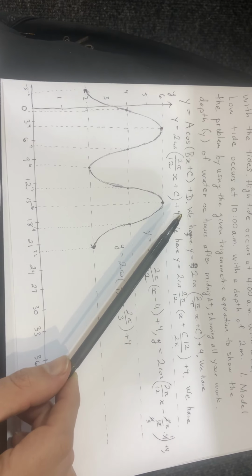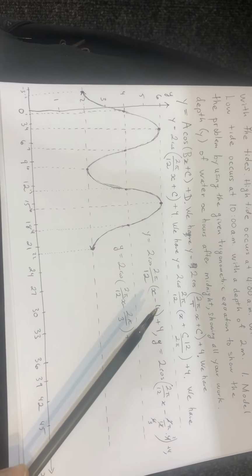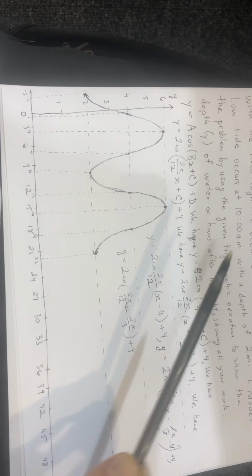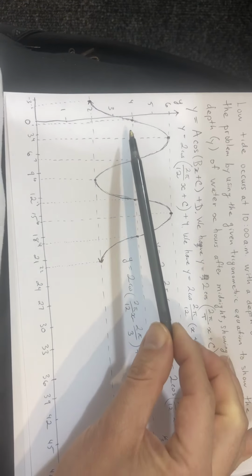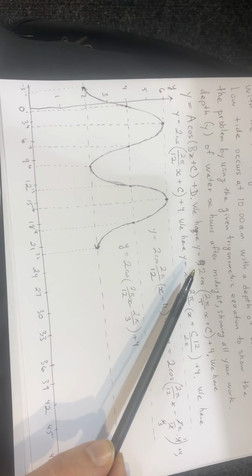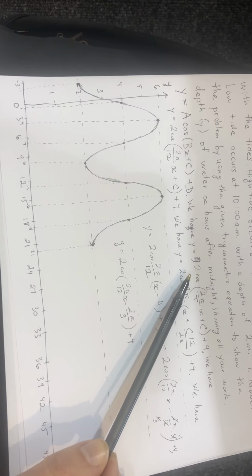Alright, so we're going to start plugging in. So since the center line is 4, we can plug in 4 for our d. And since the amplitude, the distance from the center line to a peak or a trough, is 2, we can plug in a 2 for A. All right. Then for B,